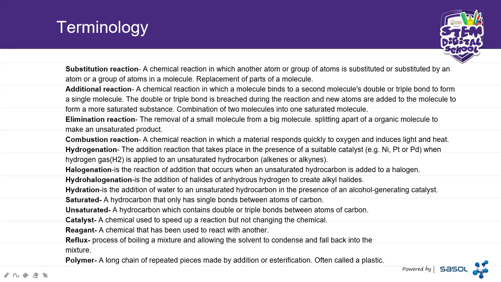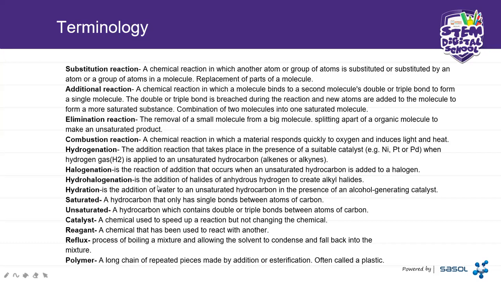So the catalyst is what is used to break the double orbital bonds and for it to reform into one saturated molecule, like we've already mentioned over there. Okay. So the next one is